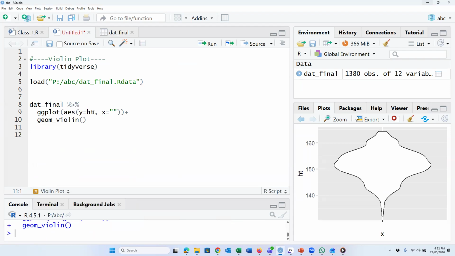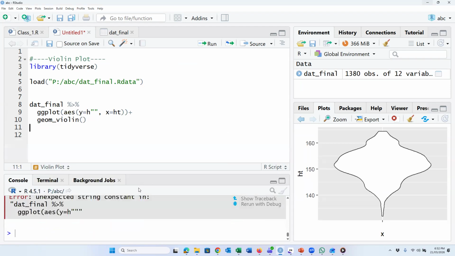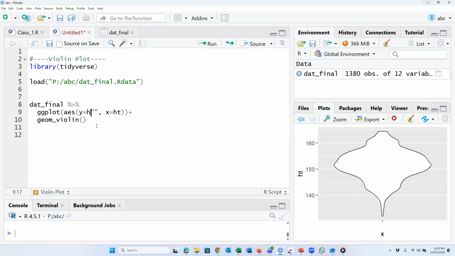So if we write here blank and here height, then we'll get, sorry, oh, sorry.